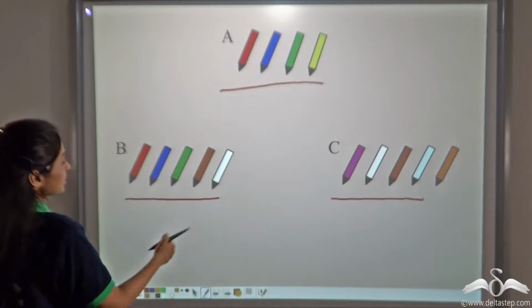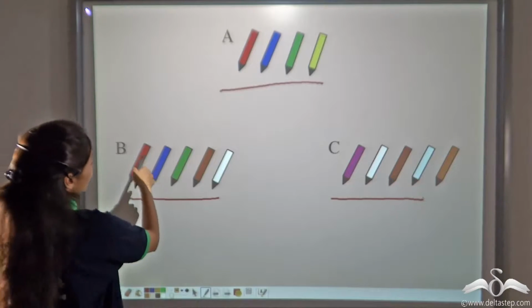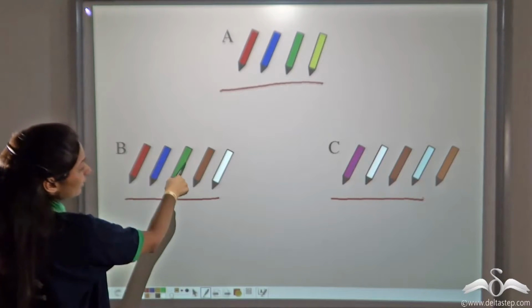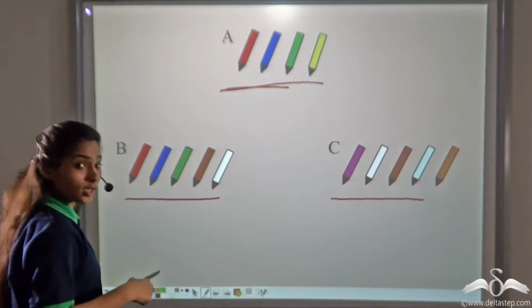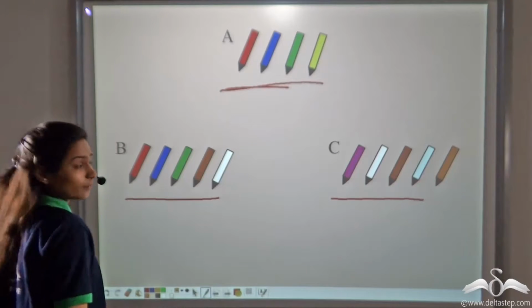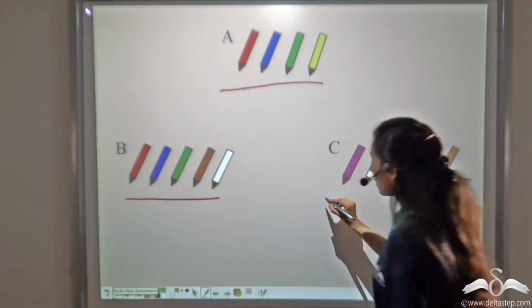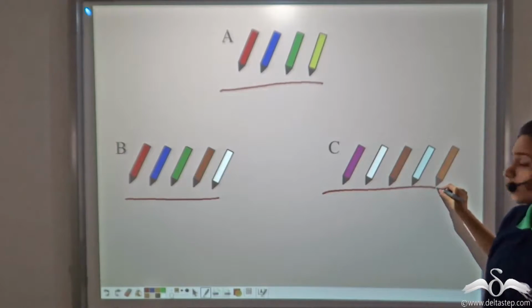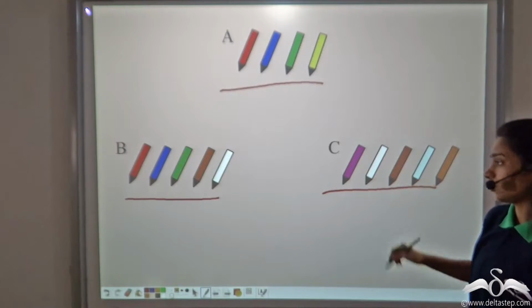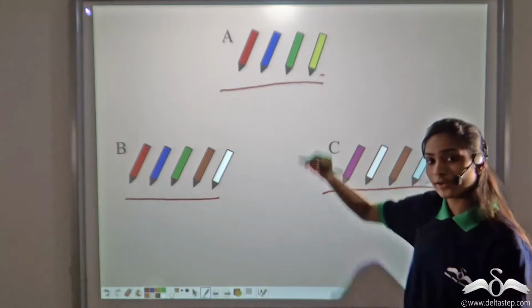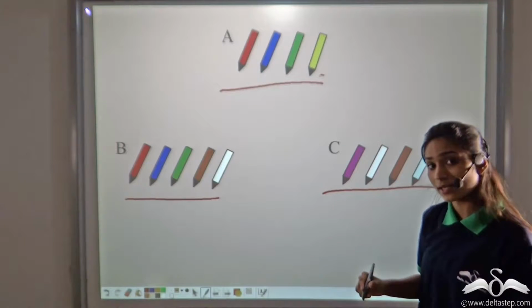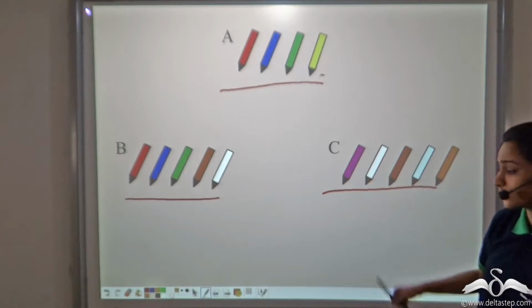Well, I can see that the set B has a red pen, blue pen and a green pen which you have already used, and you want to repeat your colors, so you can buy the set B. Now what about set C? Will you buy this set? No, this has completely different pens from what you have already used, and you have to repeat the colors, so you cannot buy this set.